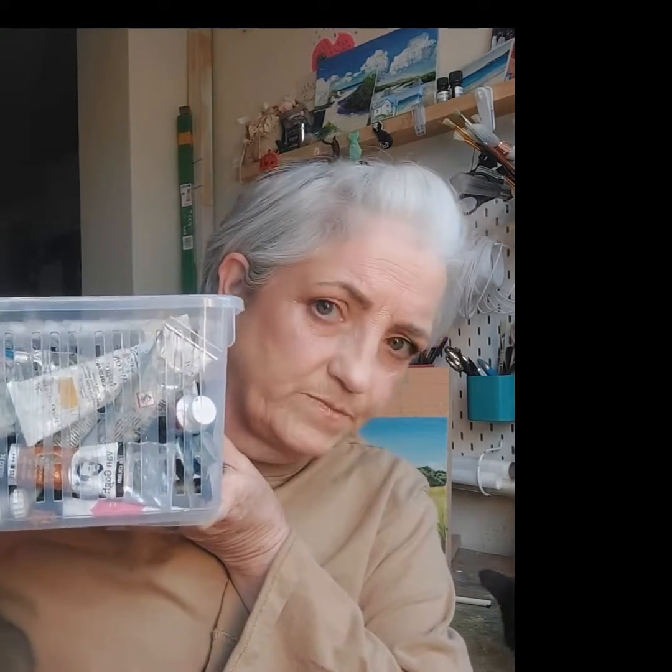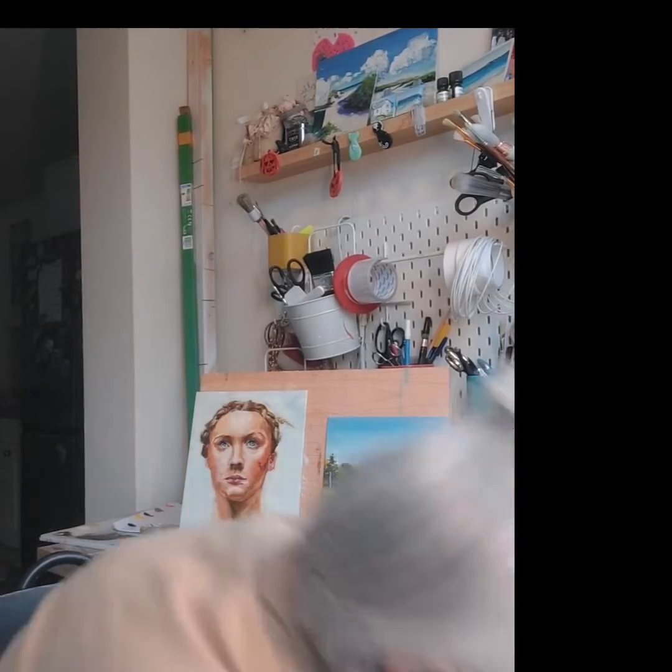This is where I keep my oil paints. Right. So I was watching somebody, I'll put her name up, and she mentioned this red, Indian red. Yeah, Indian red. This is a Winsor & Newton one, so it comes up a brick red, terracotta,